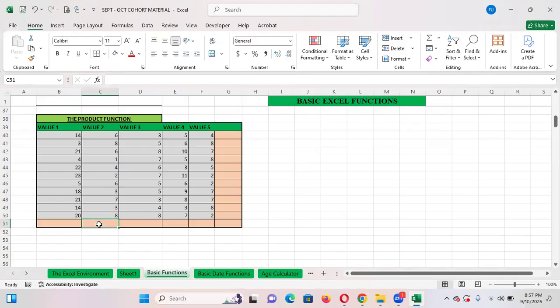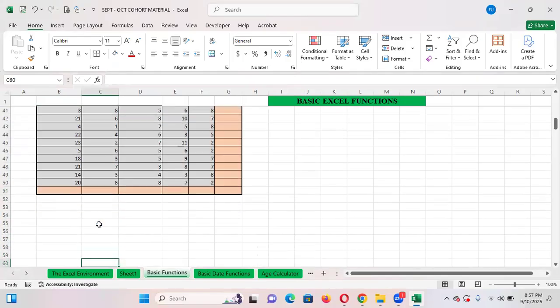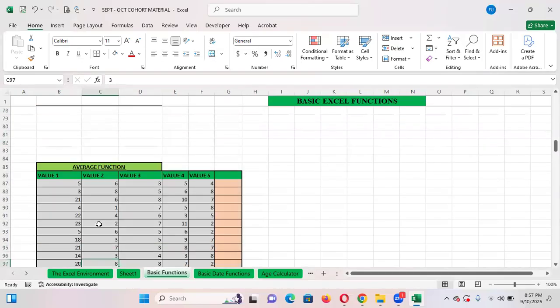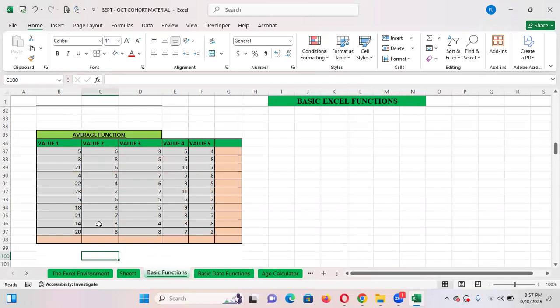Now, that is it for the product function. It has just two types, the manual one, which is the formula, and then the function part of it. So that ends it with the product function. If you have a question, please, I am waiting for your questions. If there's no question, I'll be glad to continue to the average function. Of course, we all know what the average function is. It is used to get